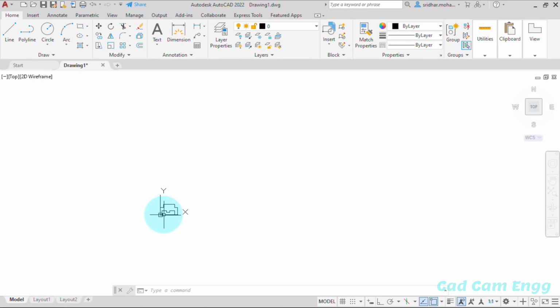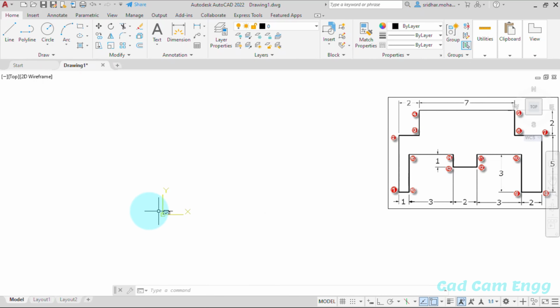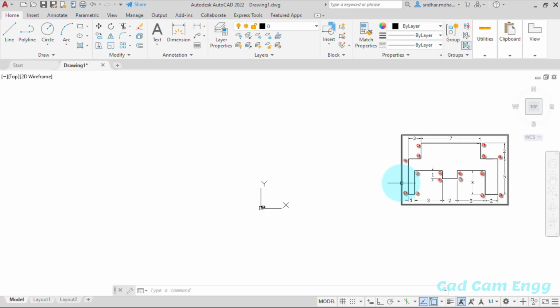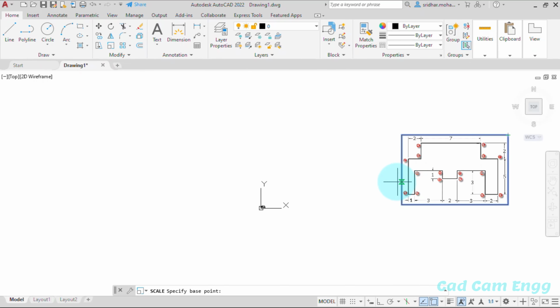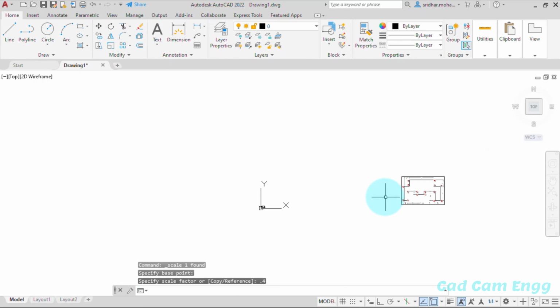In case you want this image to be very near to you, because this is a very small dimension but here we have a very big one, select this one and go to the scale command. Here we have the option scale. Select the scale and then select the base point. Then you select what dimension you want. For example, I want to reduce it 4 times, so I give 0.4.